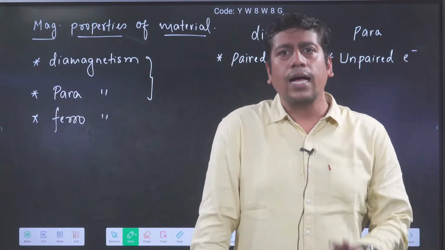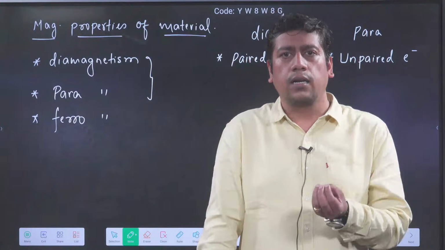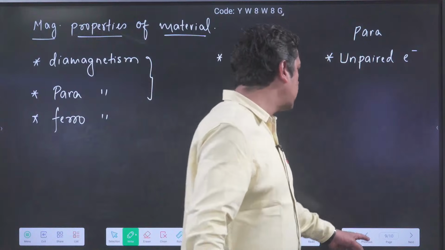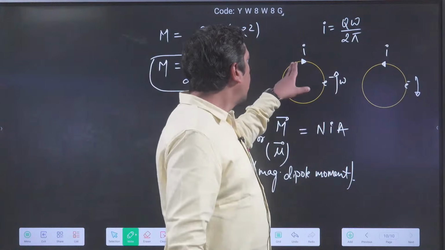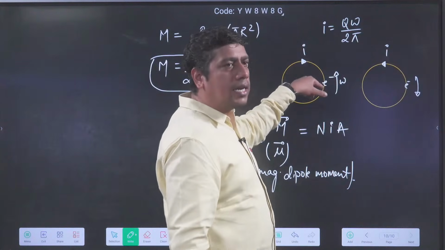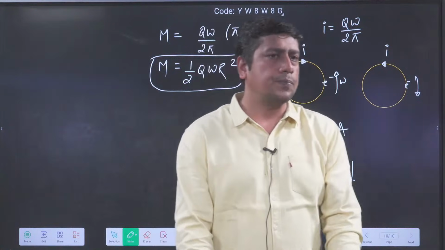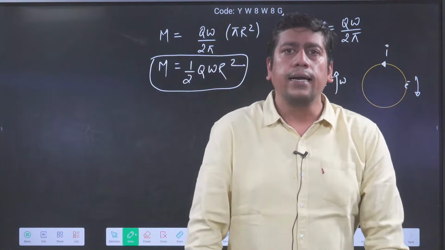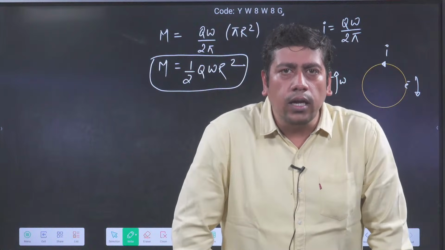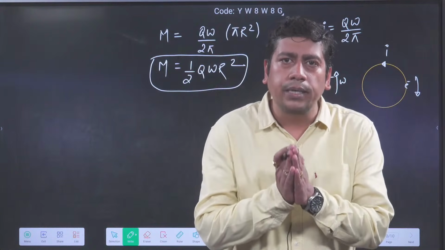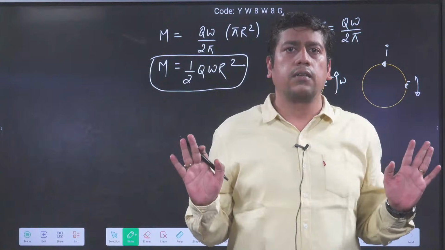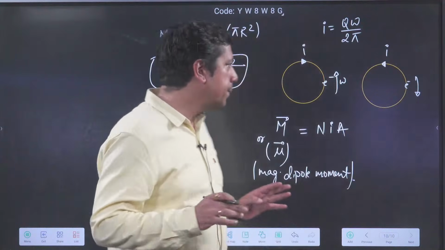As I said, spin is a different thing, but in classical physics, opposite spin means that one electron is going anti-clockwise, another electron is going clockwise. Just opposite spin means this thing in classical physics, we assume that. Okay, now